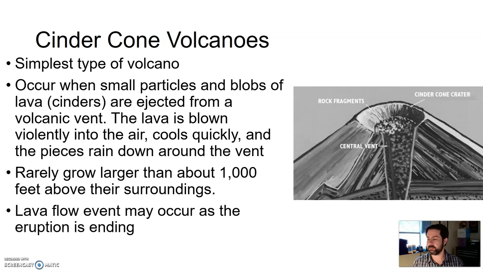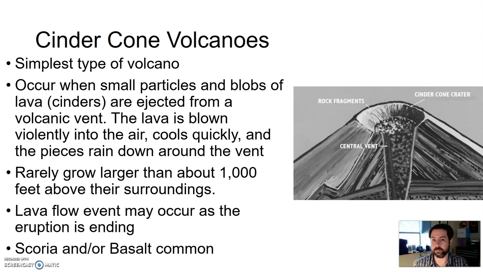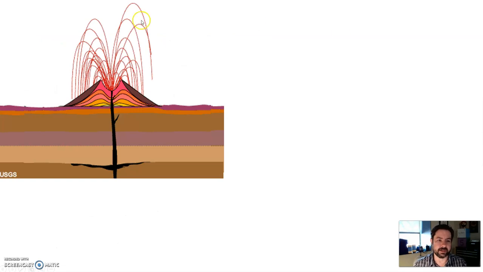You can also have some lava flow events as the eruption is dying, but they can be of decent size. Scoria and or basalt is very, very common here. Again, it looks like a bunch of small pieces, blobs, being shot out of these vents. It's kind of like